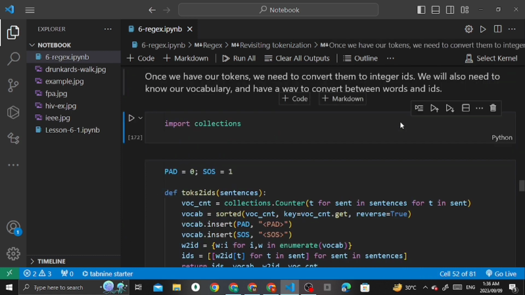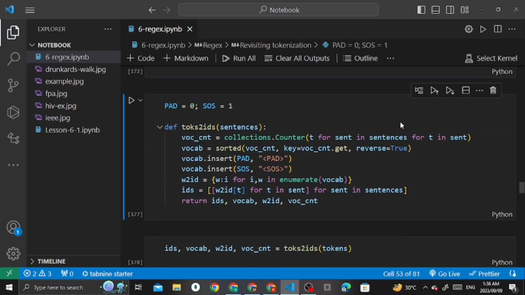This code tokenizes a list of sentences, creates a vocabulary for them with word counts, inserts special tokens for padding, like pad and start-of-sequence SOS, and generates word-to-ID mappings. It converts the sentences to lists of word IDs, along with returning the related information.